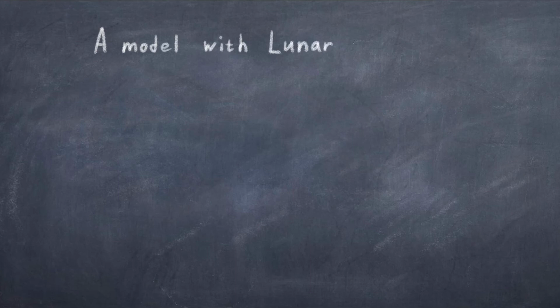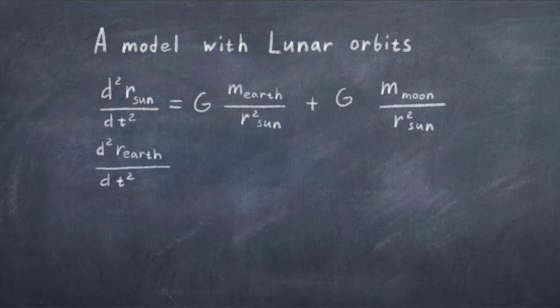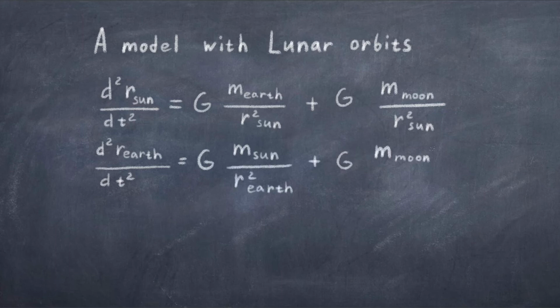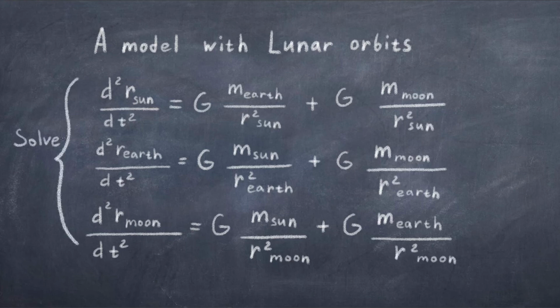But we can do better, since some planets also have one or more moons. So what we need to do is a bit more work. Using the same methods as before, we can write a set of three equations for a three-body system. Now this is a lot more advanced, but it is possible to solve these three equations and obtain a solution describing this three-body motion. And with that we can indeed include lunar orbits into our model of the solar system. If you would be crazy enough to consider four-body systems, you would not be able to solve it analytically, but you could get a good numerical approximation using a computer.